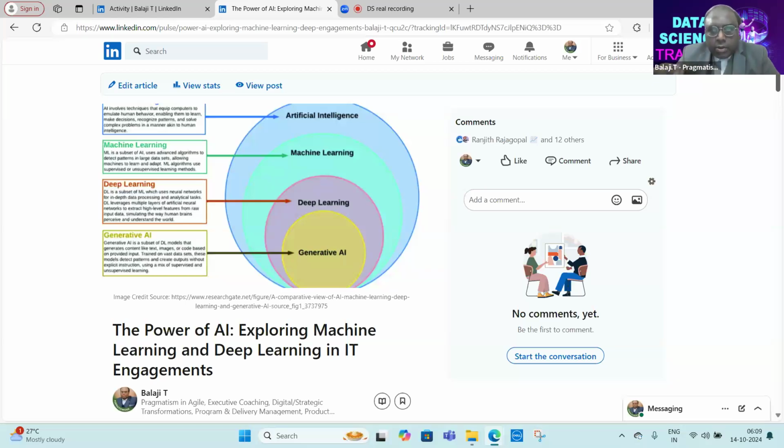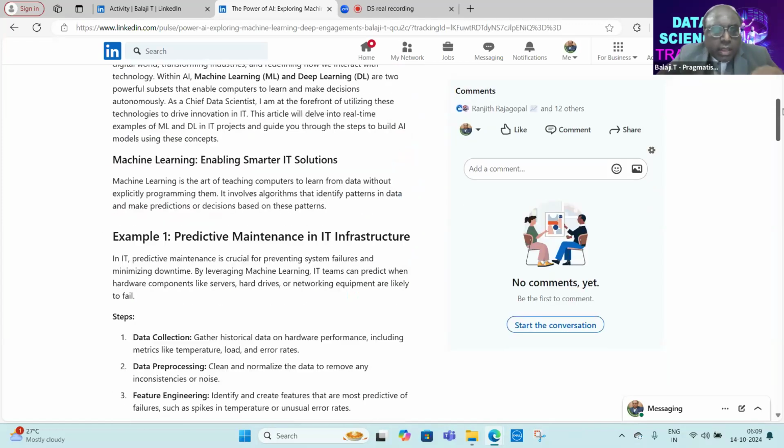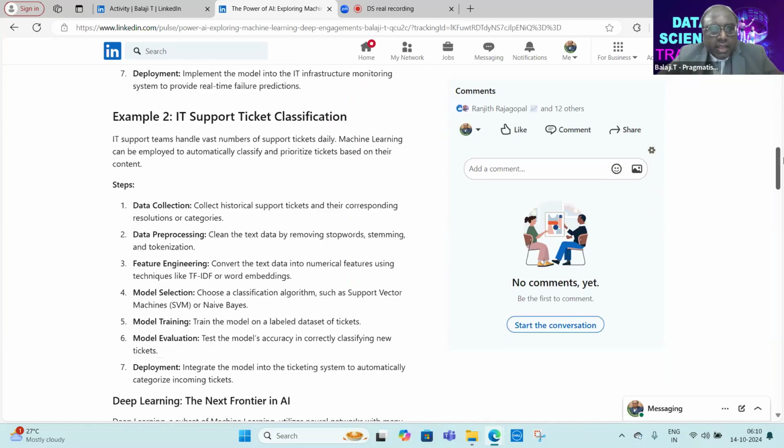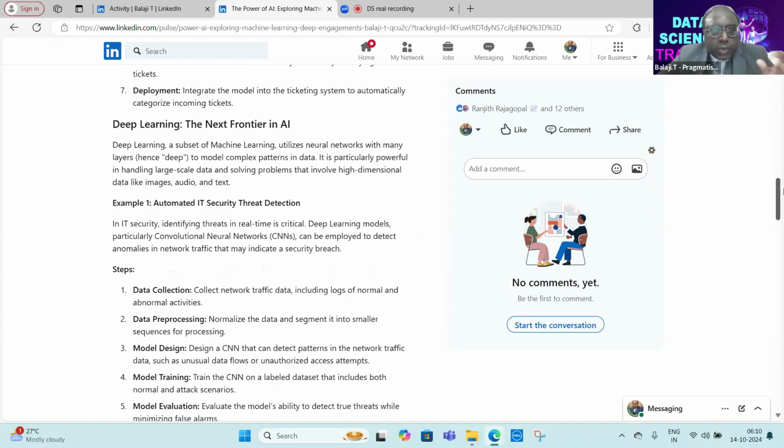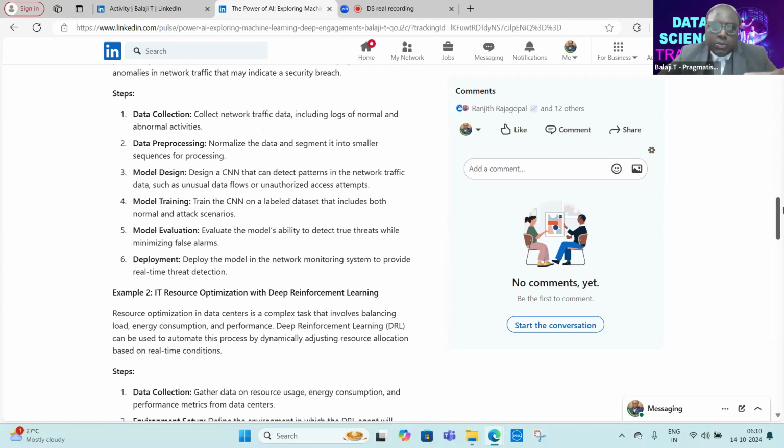Knowing the unknown is a very important part of the learning process. If you don't even know what you don't know, then how are you going to take a grip on the subject, right? That is the first step. So just go through this article. Here I have given on a high level the context behind machine learning, deep learning, generative AI, and some of the real-time examples where these concepts have been used.